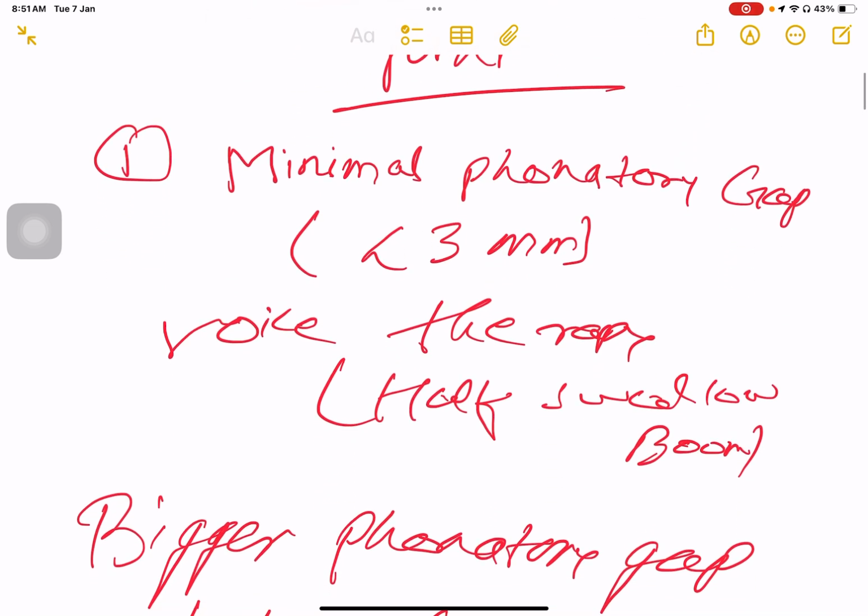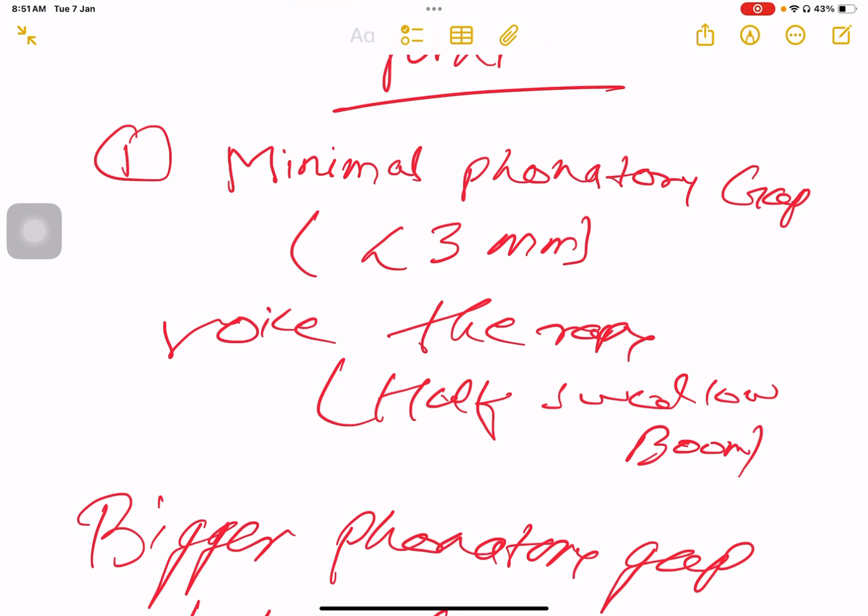If the phonatory gap is minimal, less than 3 millimeter, then usually we go for voice therapy in the form of half swallow boom. Half swallow boom is a maneuver related to esophagus and swallowing, which helps in voice therapy and finally leads to management of minimal phonatory gap